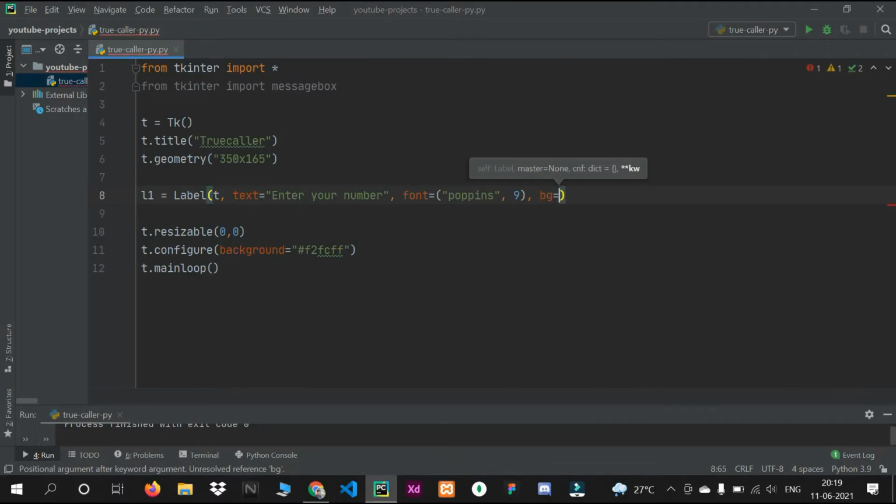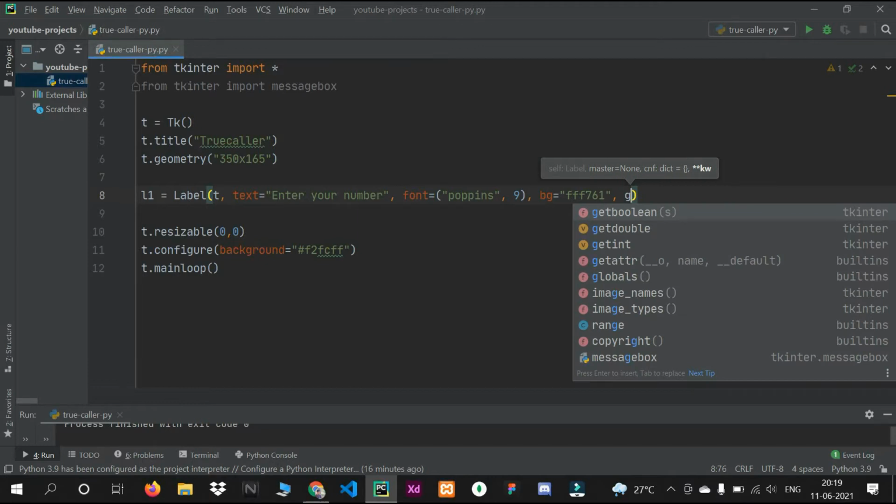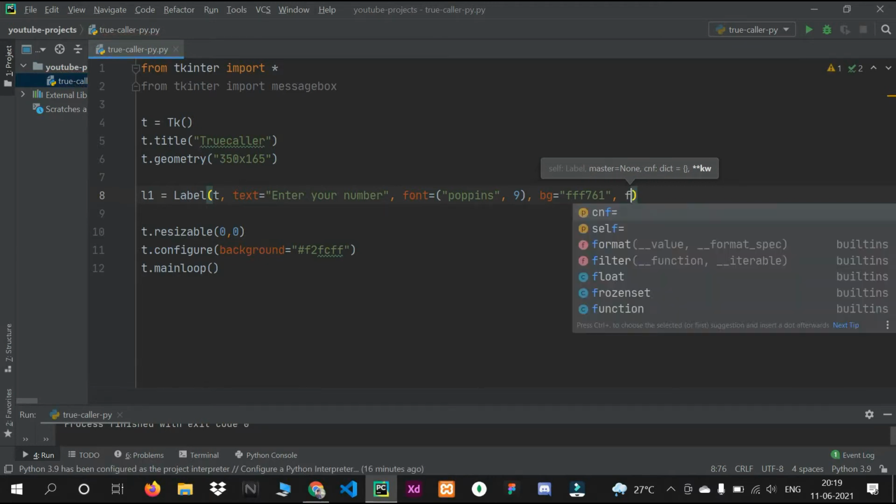So I will just take background. For this I will take ff and 761, and then I have fg, which is the color for the font.